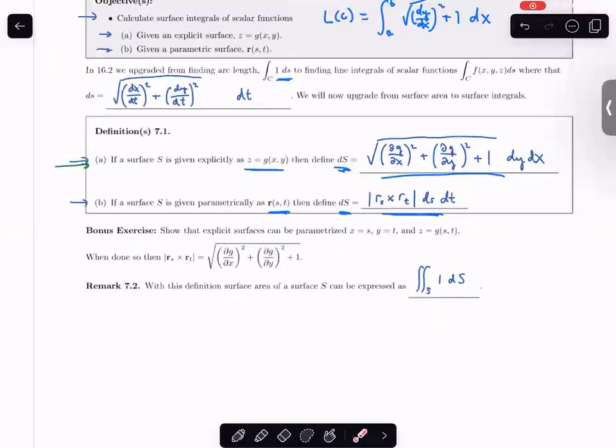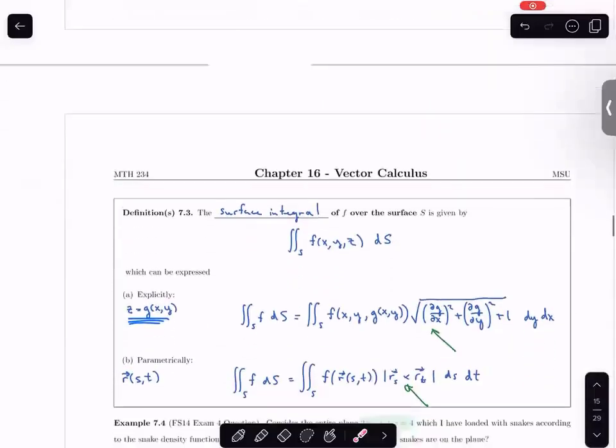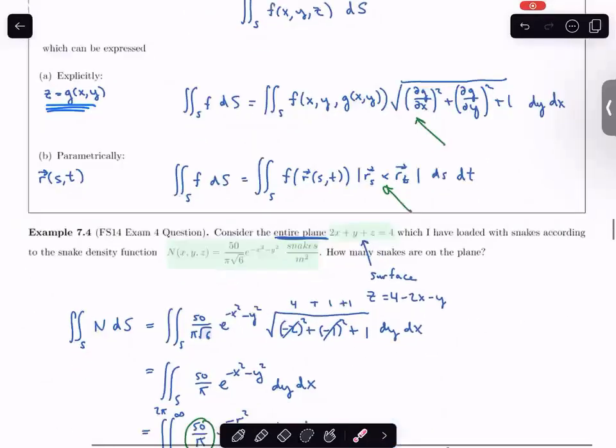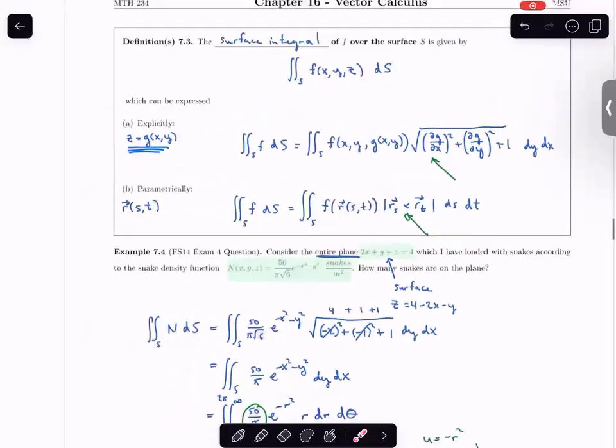And with this parametrization, with this capital S, we can talk about adding up other quantities besides just area over a surface. So my silly example here is snakes on a plane. You have a snake density function, and you have some plane loaded up with these snakes. And the question is, how many snakes in total are on the plane? So we're adding up the snake density function across the surface of the plane, and we can calculate how many snakes are on the plane. All right, so that was the pre-class video for scalar